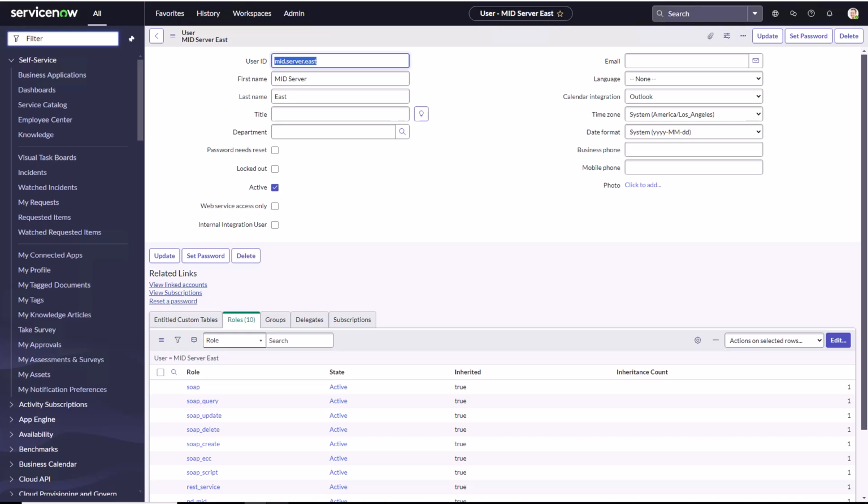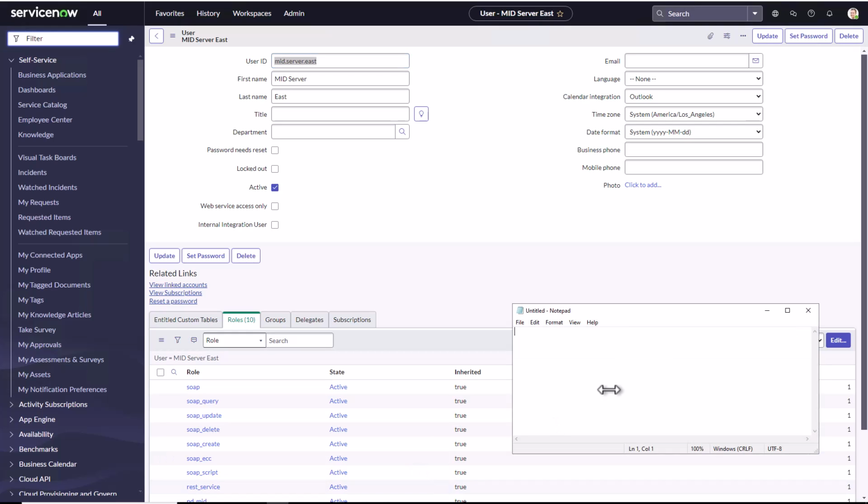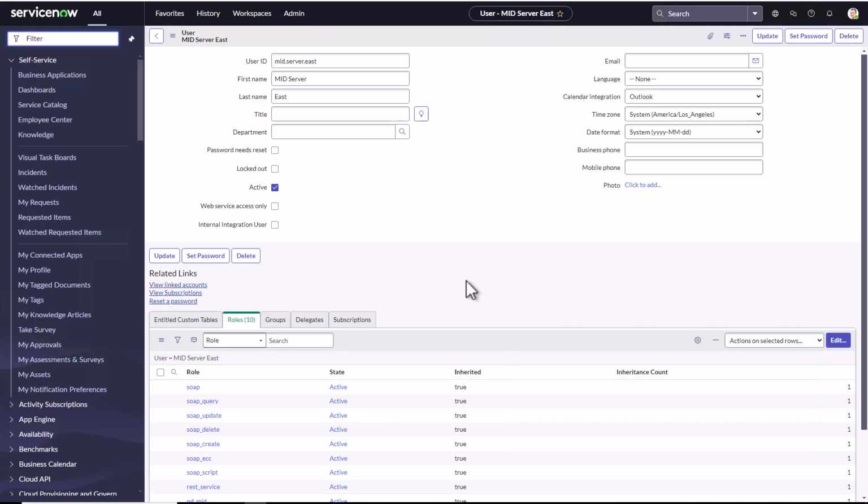And finally, I have this notepad. So this is the MID server .east, and then this is gonna be the password. So I'm gonna use this one later when I'm installing the MID server software. So I'm gonna save it over there for a while as we start doing the rest of the things we